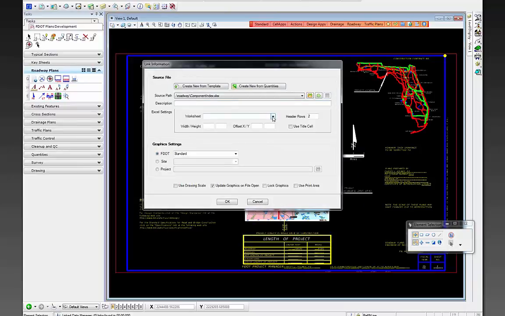You want to make sure you select this worksheet, which will be sheet 1, and then set up your graphic settings. I'm going to leave it at FDOT, and then you want to make sure that you toggle on this Use Drawing Scale and the Update Graphics on File Open. And then you click OK,